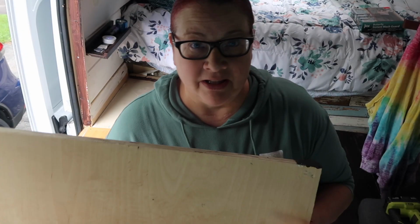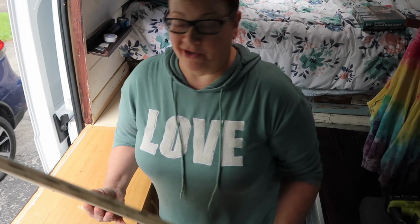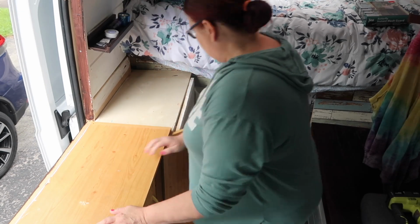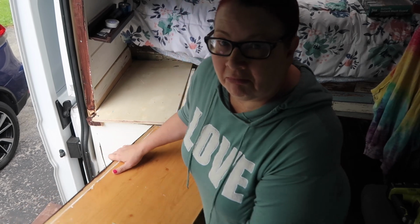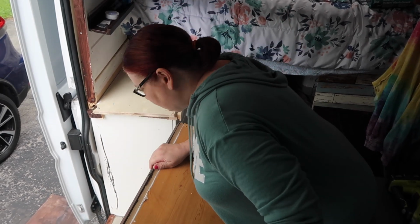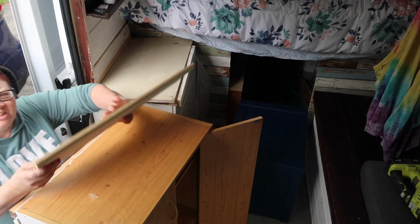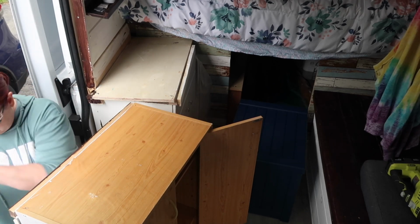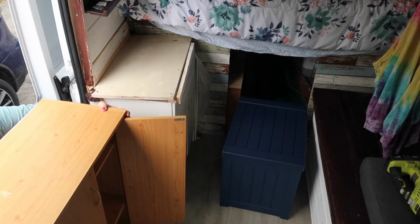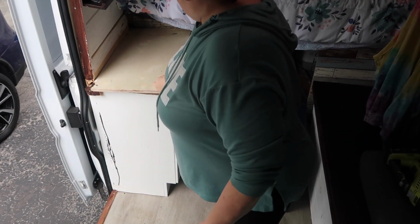I'm probably going to be keeping these scrap pieces of wood because I may need them to adjust or level up certain areas. This wasn't even attached. This had shiplap on the back of it. It just literally fell off. Okay, now that that part's done,